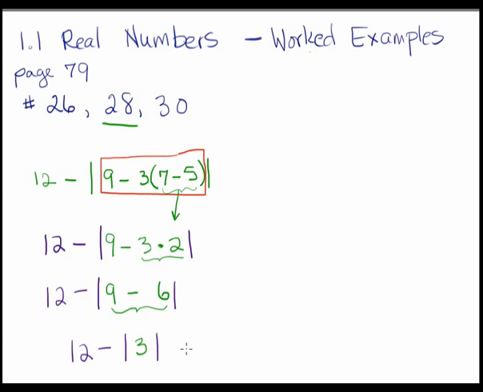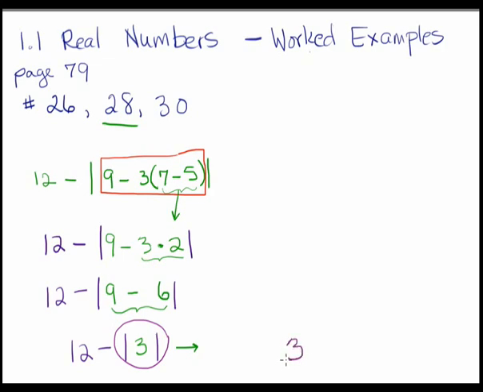Now that we've got our work down to a more basic problem, let's finish it up. I still have absolute value bars here, so I can't just subtract 3 from 12. First, I need to evaluate what is the absolute value of 3. The absolute value of 3 is how many units 3 is away from 0 on the number line, and that's